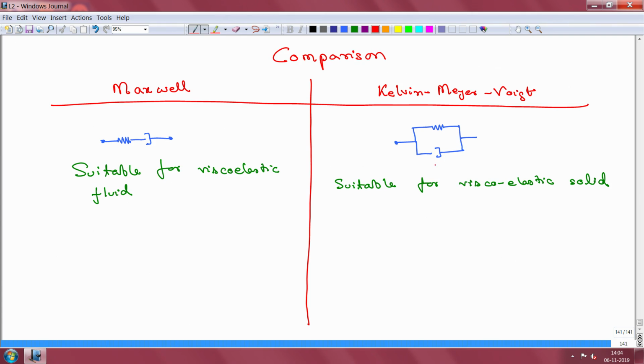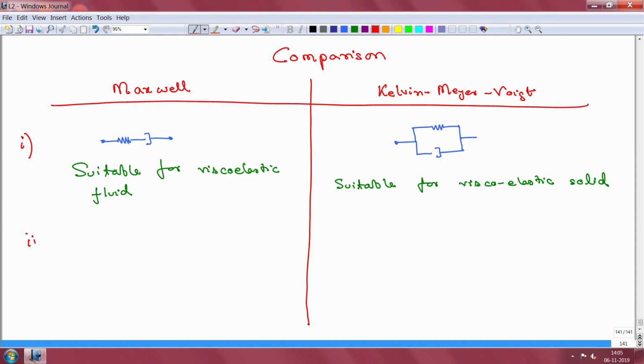But when you come down to the Kelvin-Voigt model, the fact that they are in parallel here implies that the displacements of the two have to be shared. So, the displacement that has happened in the spring has to be shared by the displacement in the dashpot. So, by applying a finite amount of force, you are only going to displace the spring by a finite amount, and the dashpot hence is constrained to displace only a finite amount. So, that is why this is suitable for a viscoelastic solid. Obviously, the mathematics also confirms our intuitive understanding, right.